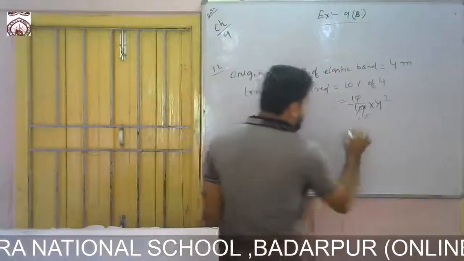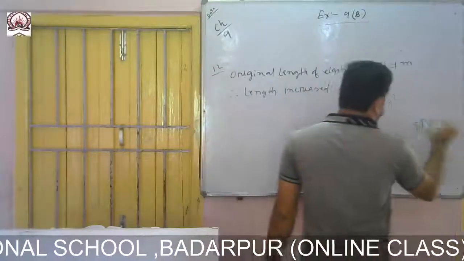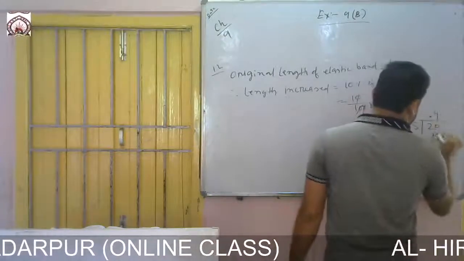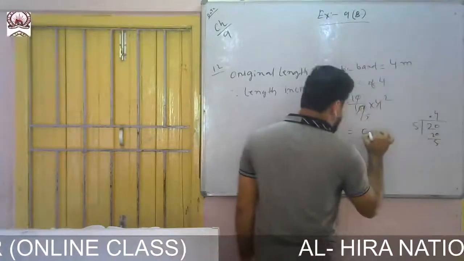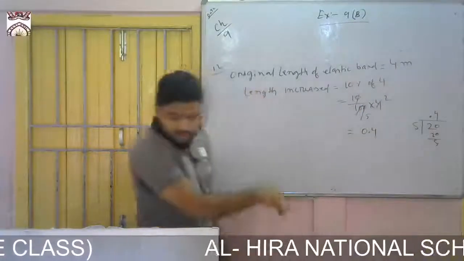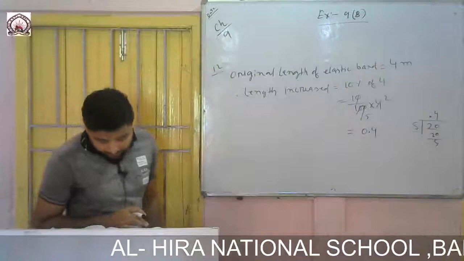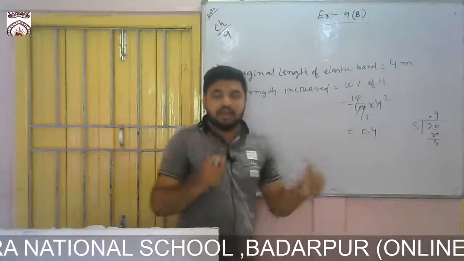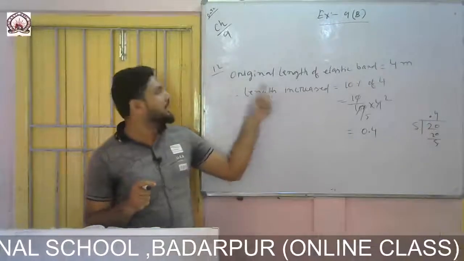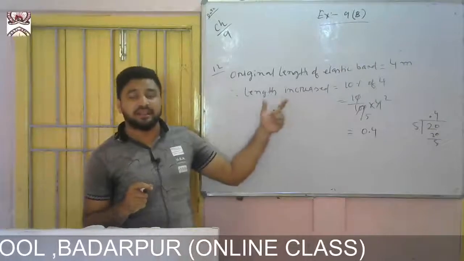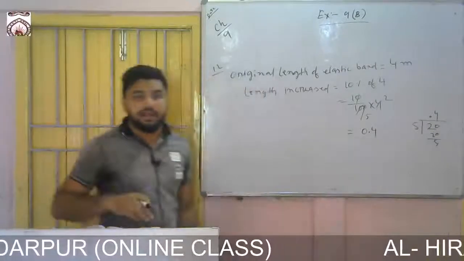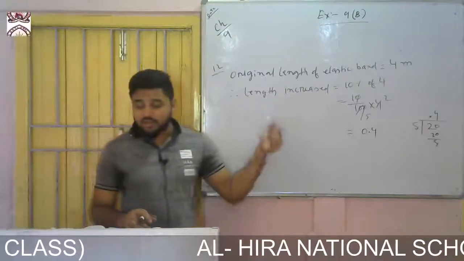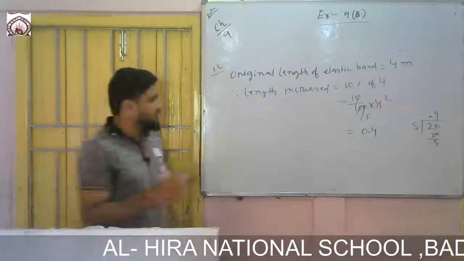So now we cancel. Now you divide this one by 2. So I cannot divide, put 1 0. So it will come, 5 4s are 20. It is 0.4. That means 0.4. Okay. So 0.4 was increased. 10% of the original length increase is 0.4. Now we need to find the new length. So new length will be the original length plus the increased length.